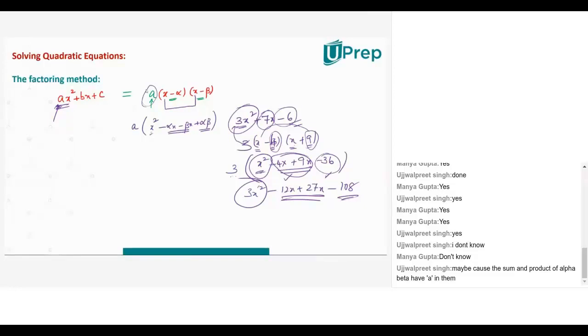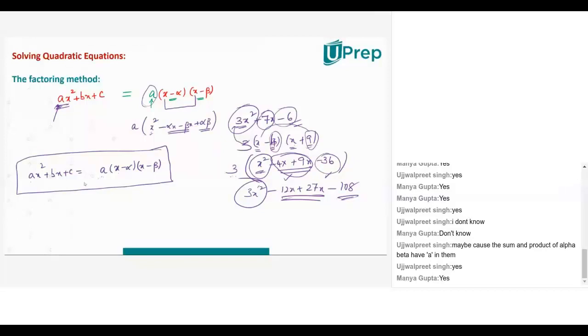What are we talking about here? That ax square plus bx plus c, when factorized into two linear factors, would end up with x minus alpha and x minus beta. But what we always miss is this a, which is the constant at the x square term. That should be multiplied outside. So ax square plus bx plus c when factorized should appear like a times x minus alpha times x minus beta, a into x minus alpha into x minus beta. Is my box clear to all? What I expressed inside the box, is that idea clear to everyone?